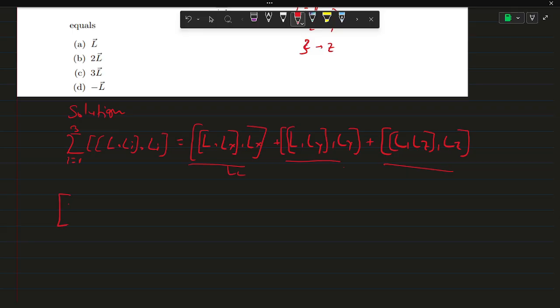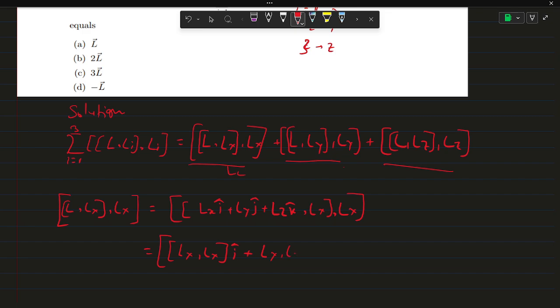So here Lx is, we can write, Lx i cap plus Ly j cap plus Lz k cap, expanding Lx further. So again we open this term: Lx i cap plus Ly Lx j cap plus Lz Lx k cap. So this term is 0 as